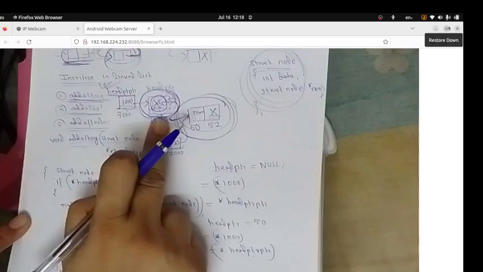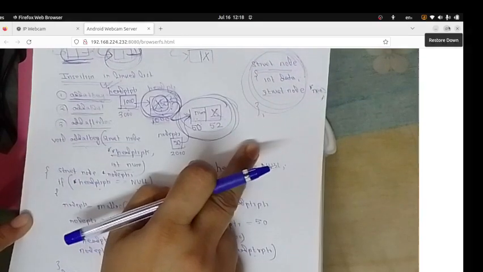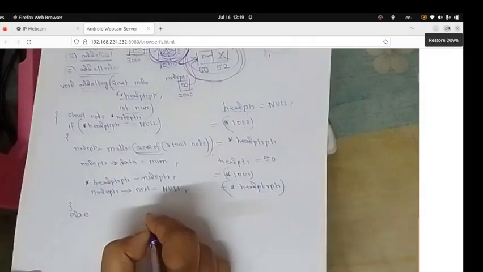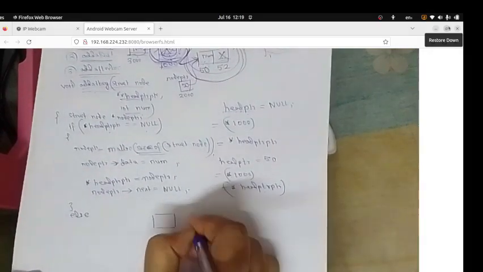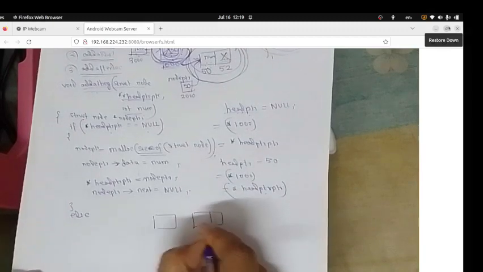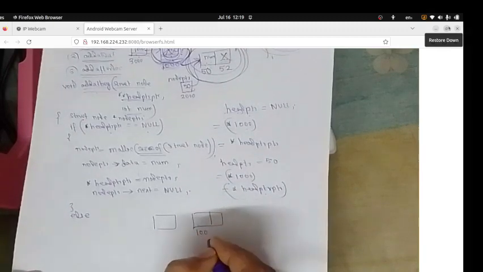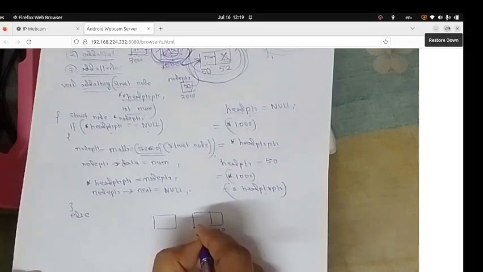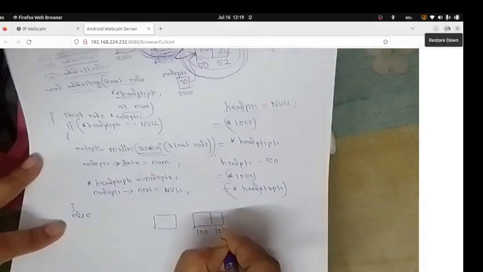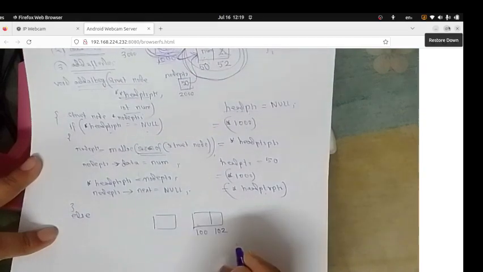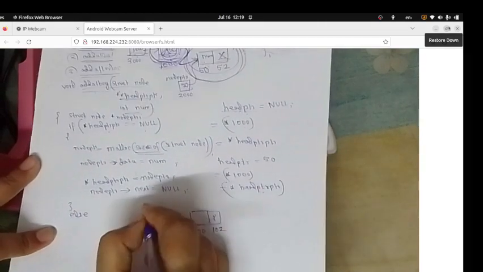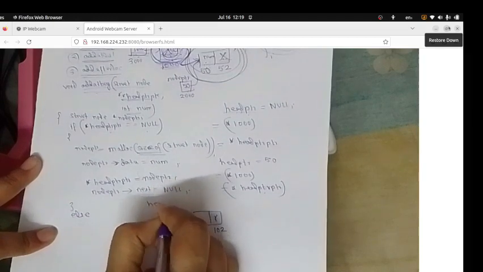That means there are at least one element of the list. So how will that picture come then? The picture will be, suppose this is the first node in the list which is stored at location 100, and this is the data part stored in 100 and the next part is 102. Suppose this is the only element in the list that is being stored and this is pointed to by head